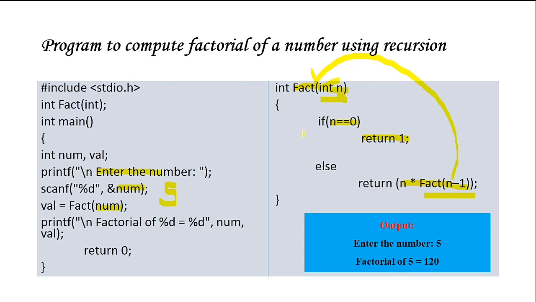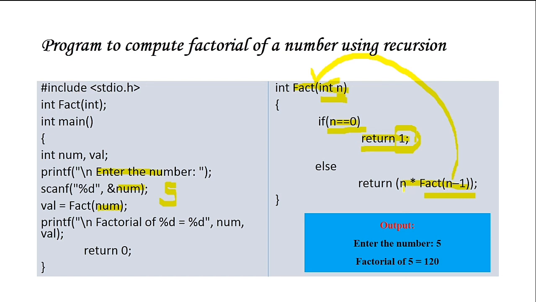When you get a 0, if n is equal to 0, condition is true, it is going to return 1. Where is it returning 1? It is going to return the 1 to the last function whichever you have executed. That is 1 into factorial of 0 was the last function. So factorial of 0, you are going to get the value as 1 now. So that 1 will be assigned to this. 1 into 1, it is going to get the answer as 1.